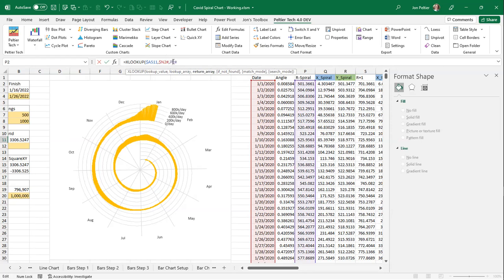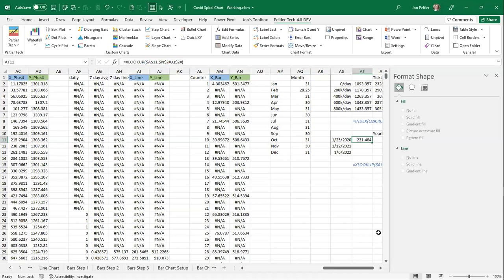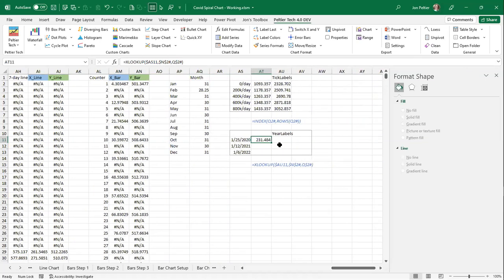Oh, if I don't want the R spiral, I want X spiral. And then I'm going to drag the formula down too. So let me just put $signs where they're needed. So let me drag it down, even though it's going to mess up my nice little